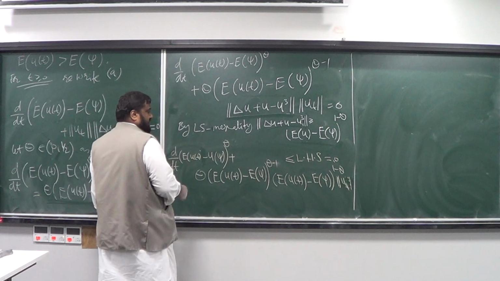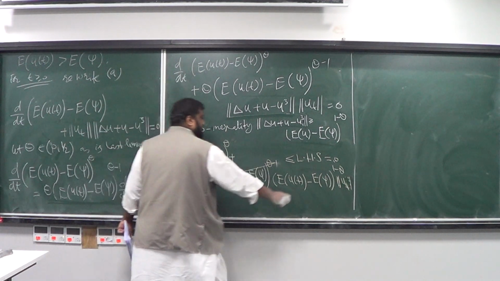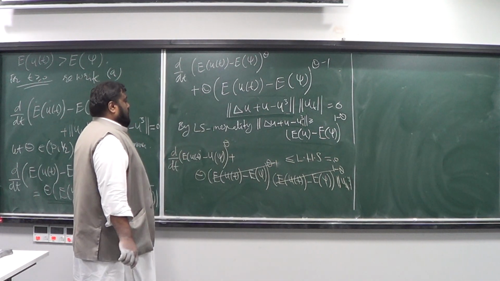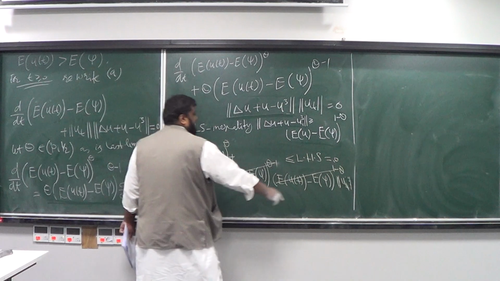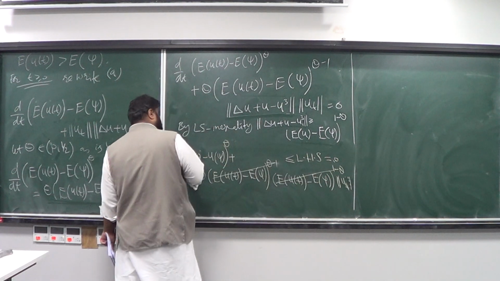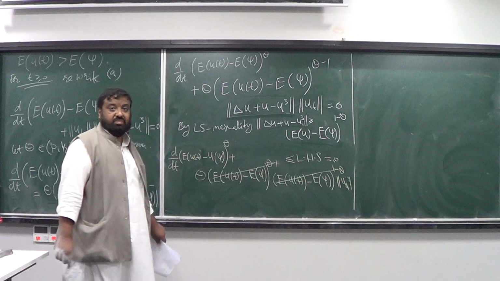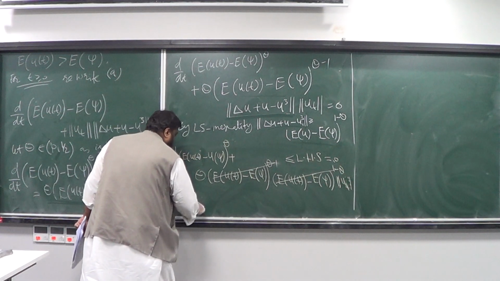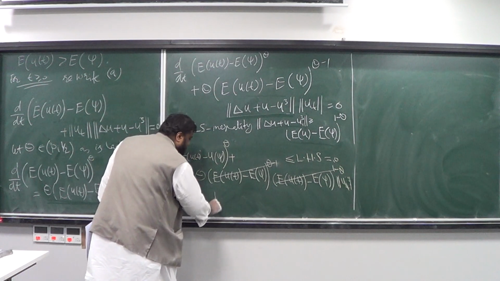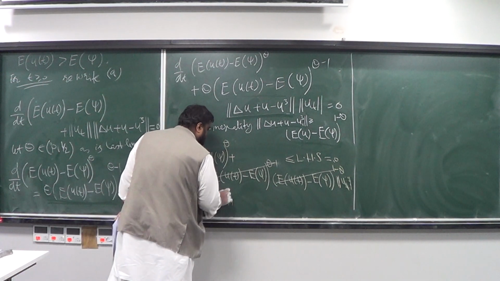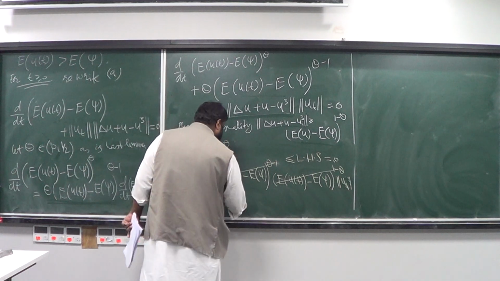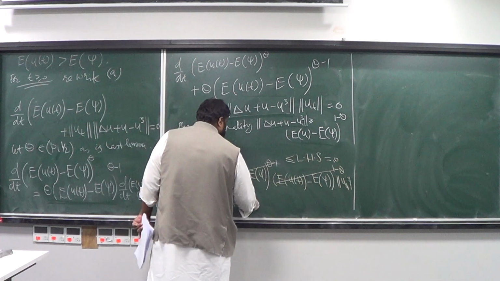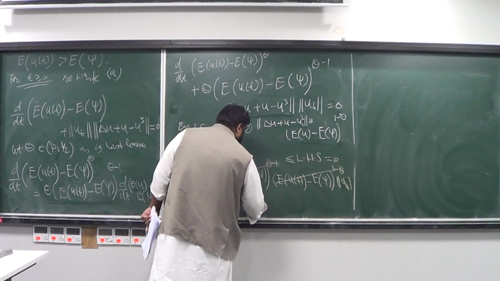But if you see carefully, you can get rid of these two terms because they have opposite powers. So this means theta multiplied by the norm of u_t plus this term is less than or equal to 0. So they are less than or equal to 0. Hence I can say that the norm of u_t is less than or equal to minus 1 over theta. So if you say